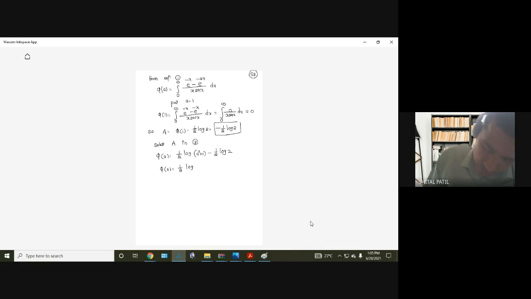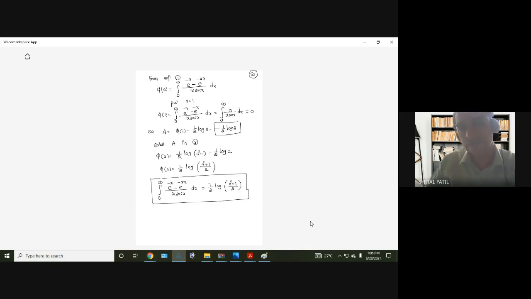log a minus log b, log a by b. So phi of a, what was ours? It was like this. So in this way you might have understood we are able to solve this integral. Solving this integral by any other method was very difficult, or I'll say not possible, but we used DUI's rule 1 to solve the integral. So specific type of integrals can be solved by DUI's rule.